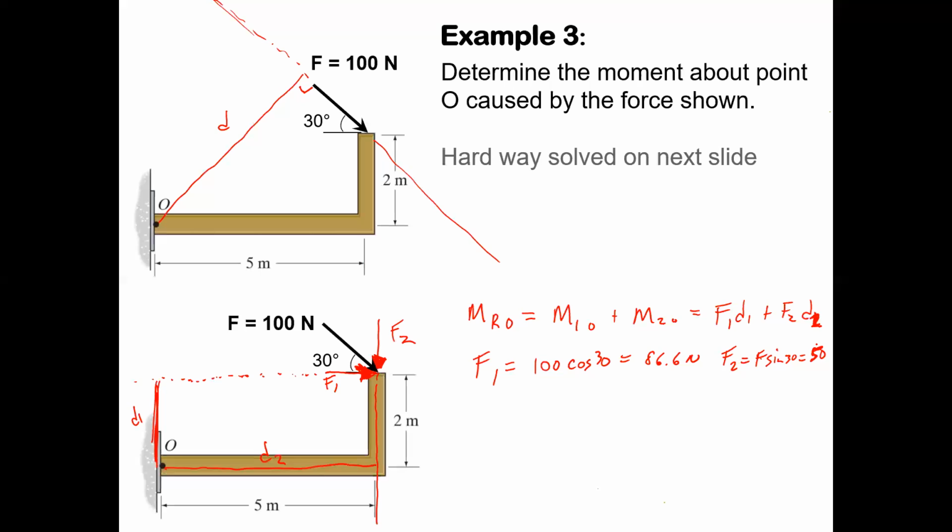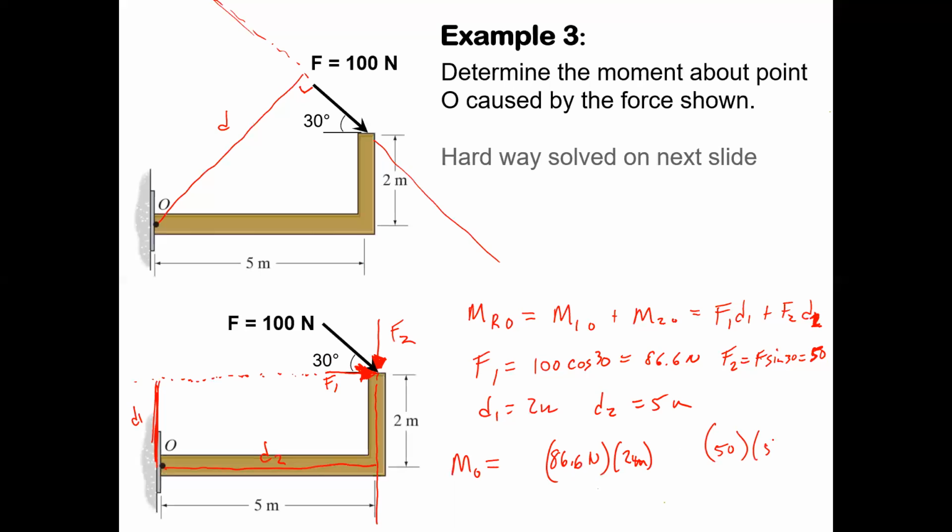So our D1 is going to be 2 meters, and our D2 is going to be 5 meters. So our M_O is going to be the product of F1 times D1, and leave space because you might have to add a minus sign here. Let's do F1 first. It's going to be 86.6 newtons times 2 meters. That's this F1, this horizontal force times 2. And the other one's going to be 50